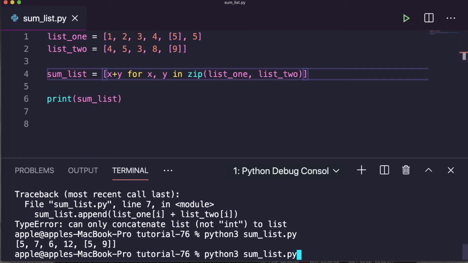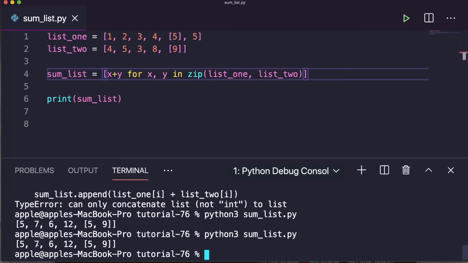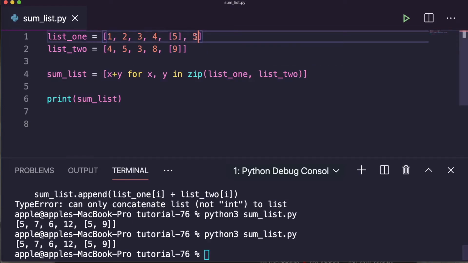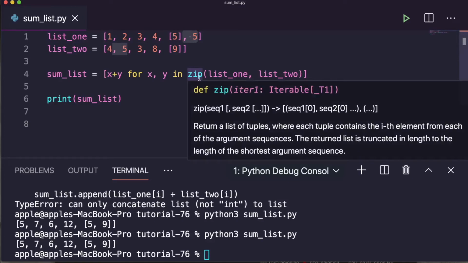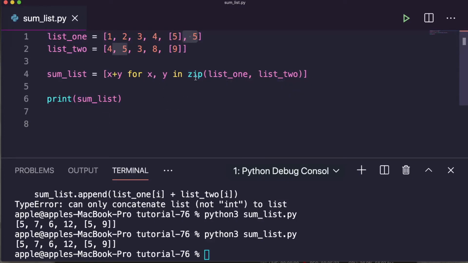What happened? 5, 7, 6, 12 and 5, 9, and it ignored the last 5. So this is how the zip function works with a comprehension, and this is, I can say, the best way to merge or sum your two lists.